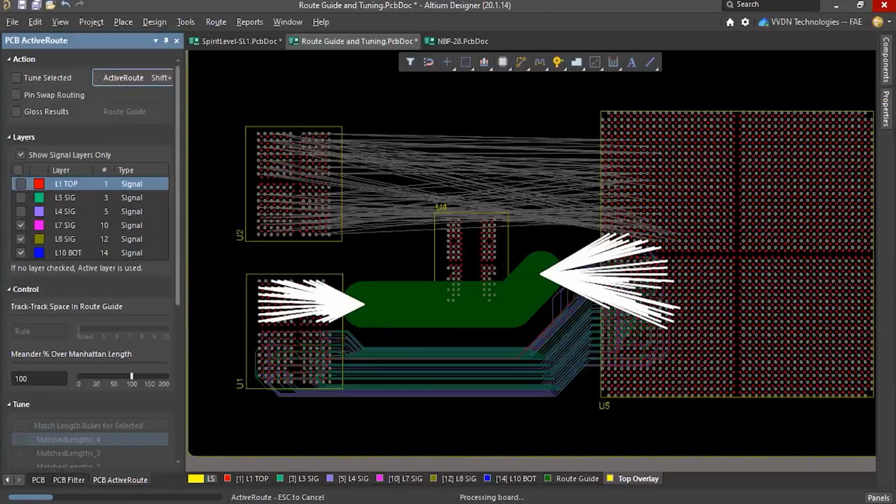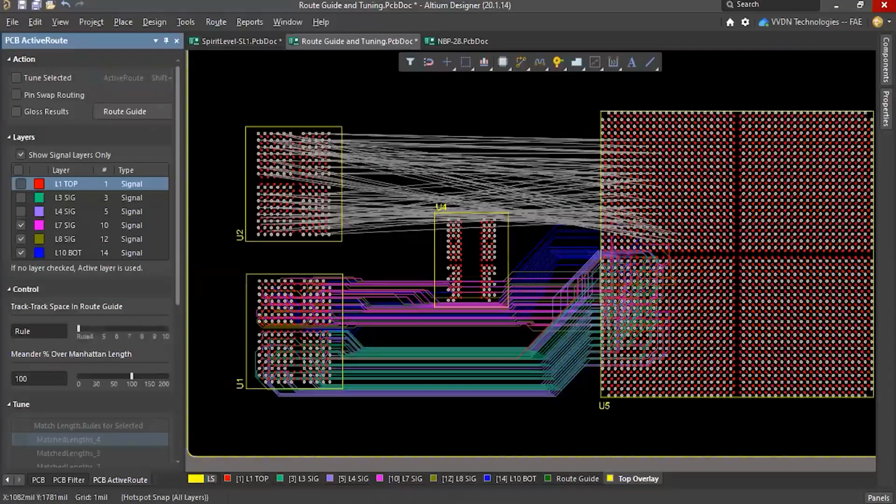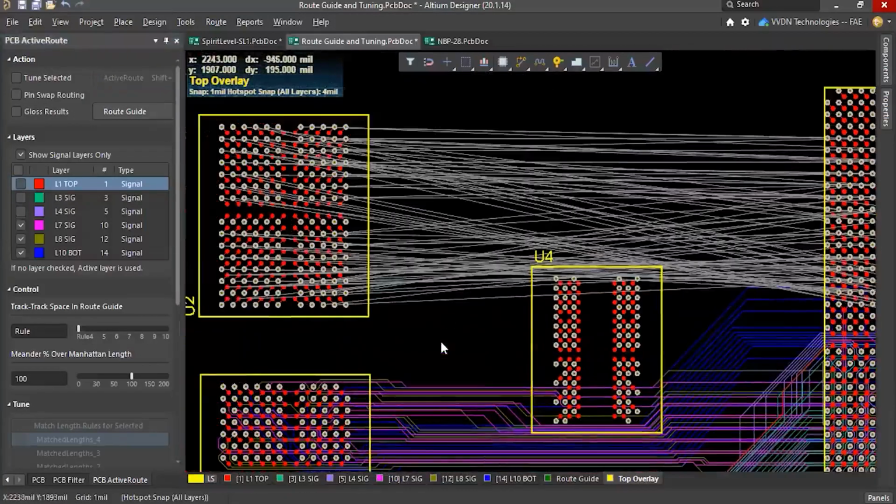Again you will see the progress here for the ActiveRoute. So basically ActiveRoute is useful for critical routing and multi-layer. If you are using multiple layer routing, you can easily use ActiveRoute. It will not take more than approximately 1 minute to route tens of signals. Okay, so it follows the same. Now for the upper part,